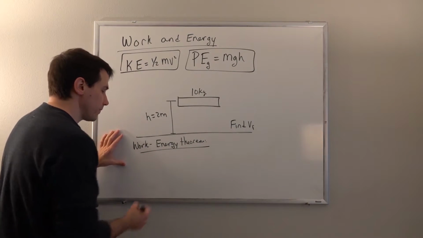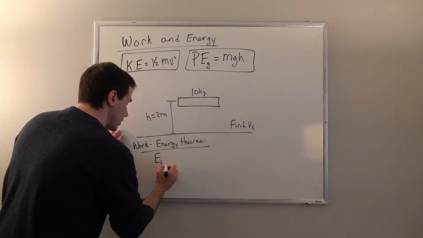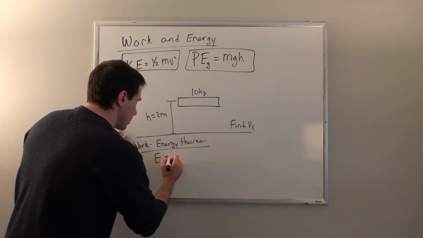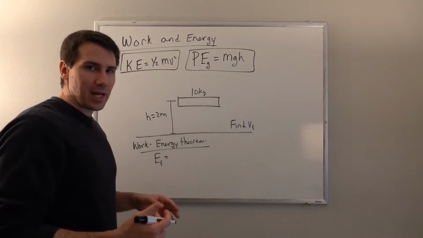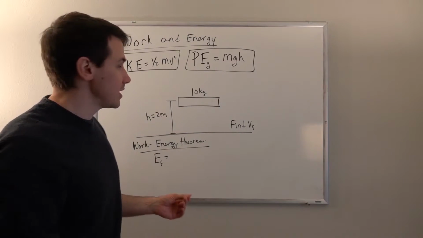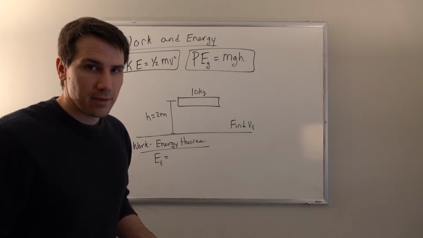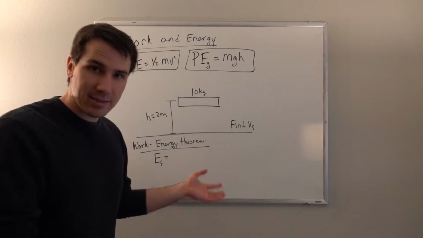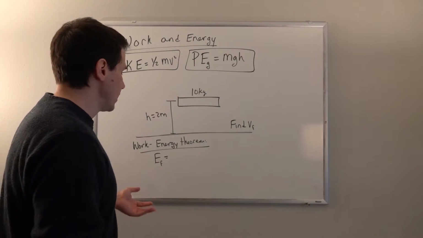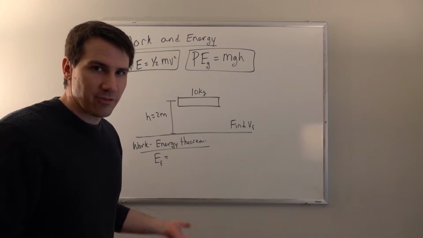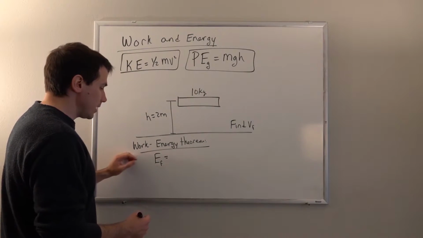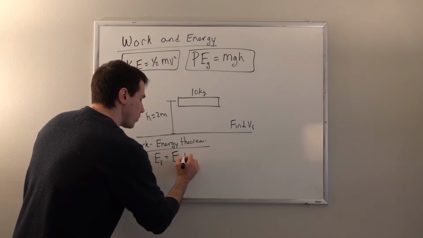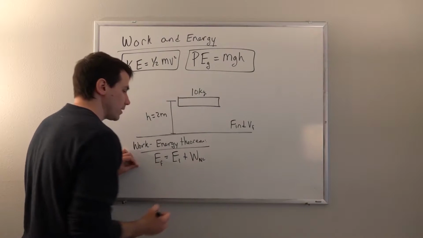The work energy theorem says that the final energy, E sub F, the final energy of the system, and by system, I just mean the object we're paying attention to. So in this case, the system is the pen. The system could be you or a box or a glass, any object that you're interested in. So instead of system, you could say object. The final energy of the object is equal to the initial energy of the object plus work done by non-conservative